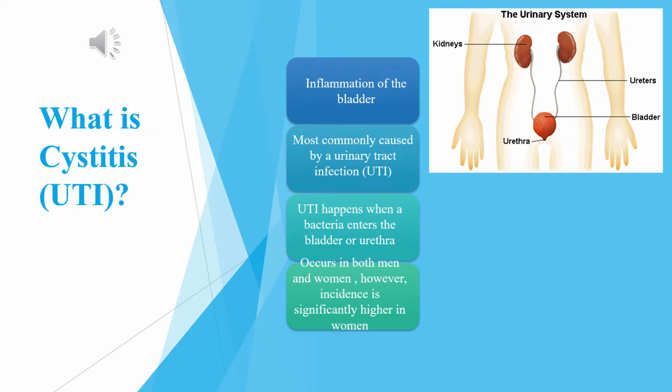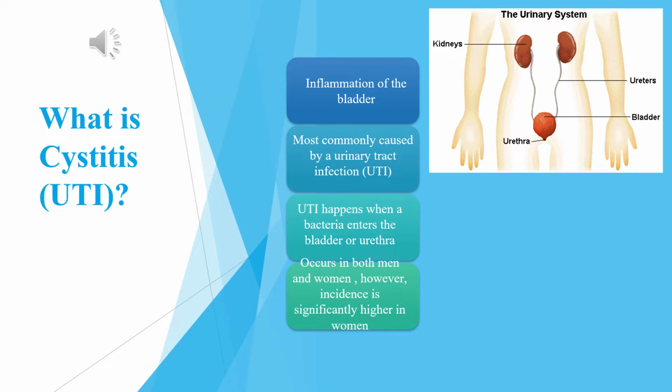Anatomy for the urinary tract is very similar between males and females. The only difference is that females have a much shorter urethra, which increases the risk of developing a UTI. So what exactly is a UTI and what causes it? A UTI is an infection that can affect any part of your urinary system. UTIs typically occur when bacteria enter the urinary tract through the urethra and multiply in the bladder. Most commonly, these bacteria come from the digestive tract through fecal matter.